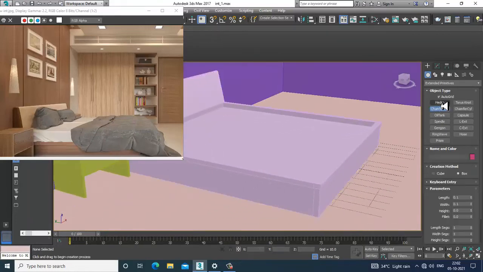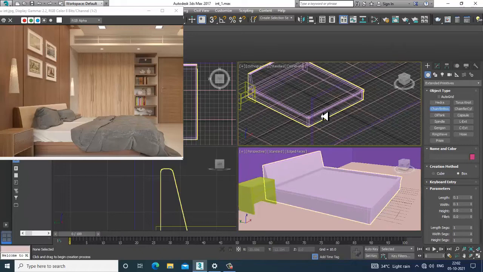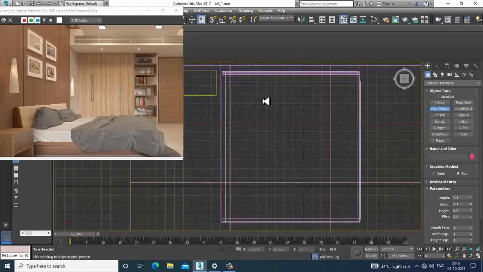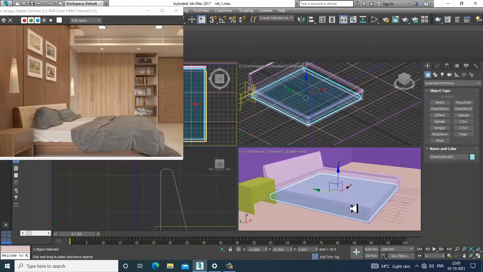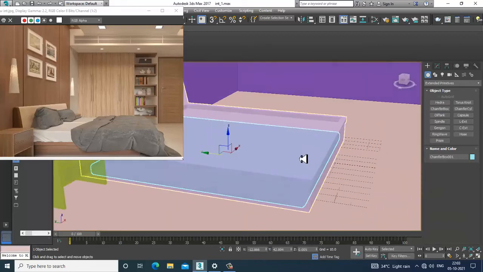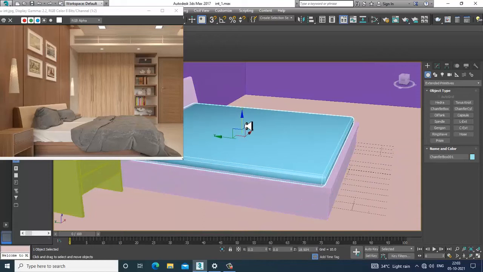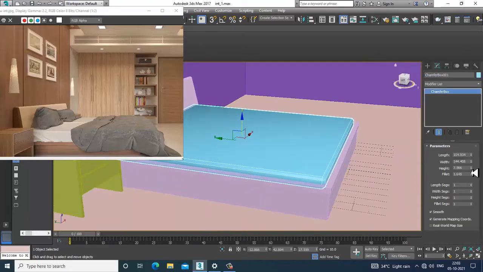We don't need it. Auto grid, I'll turn it off, and I'll create it directly. Looks better. So slightly push this up. Reduce the fillet, increase the height. That's it.